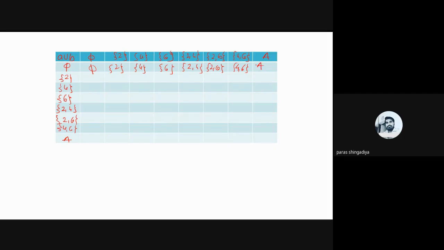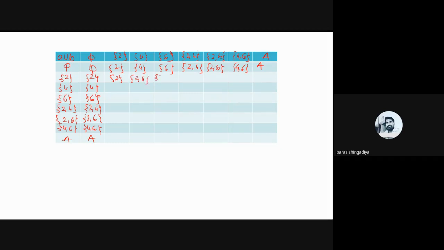And now the next number is 2, and consider this value in this column also, the first column, that is 4 6, 2 4, 2 6, 4 6, and A. Clear? Now the second entry is 2, so the union of 2 with 2 will be 2. Clear? Now the union of 2 with 2 4: 2 and 4 are not common, so you have to collect both numbers, that is, 2 and 4 is the union.